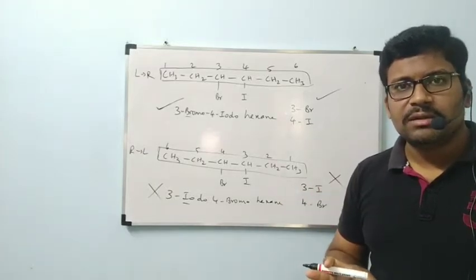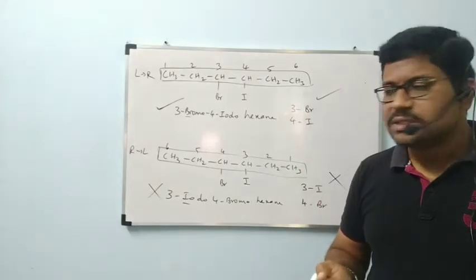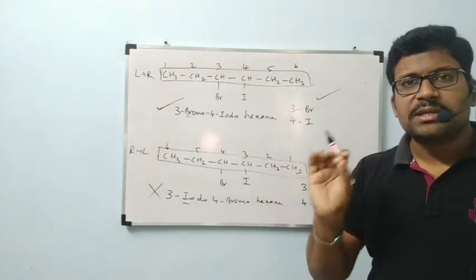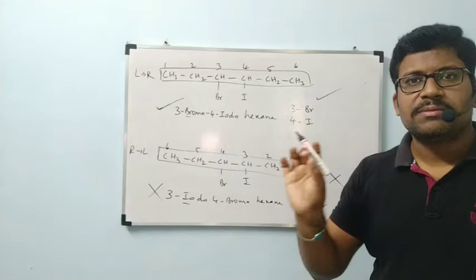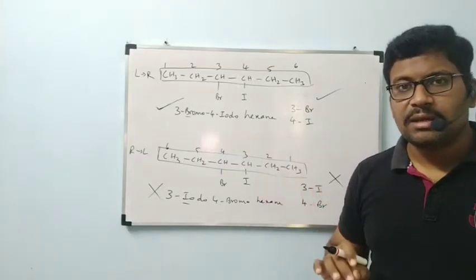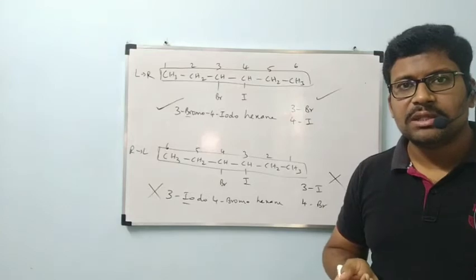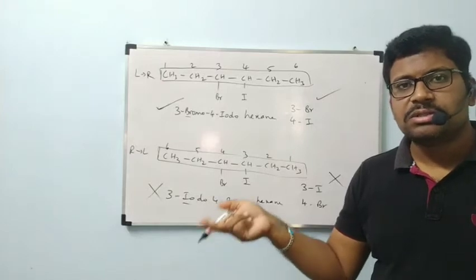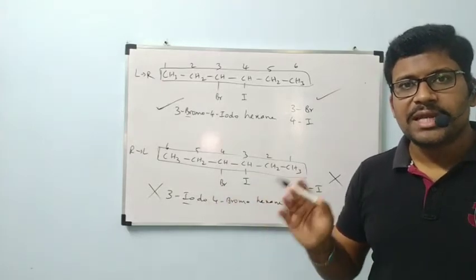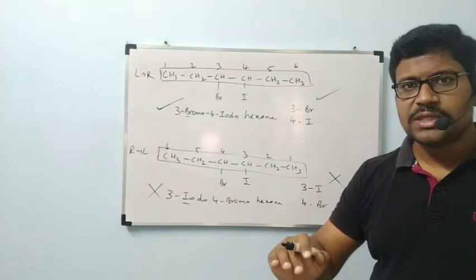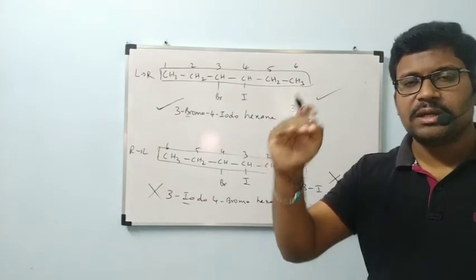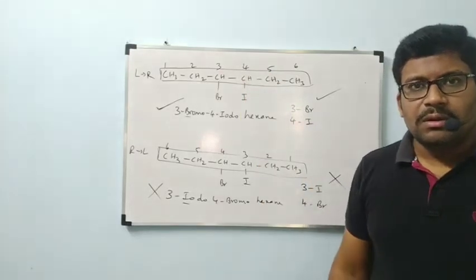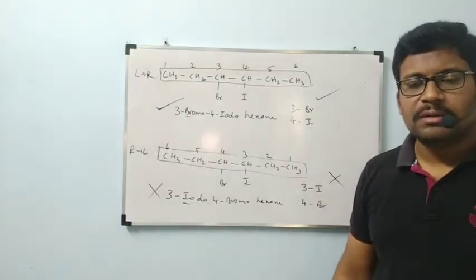Slowly I am teaching everything. Concentrate highly here because here there are no side chains or substituents alone. Among side chain and substituent, the more preferred one is the substituent, which must get the least number. But here, one more thing: two side chains at the same position or different positions. Same like that, two substituents at the same position or different positions. Like that I explained everything. First two side chains, next one side chain and one substituent, next both substituents. Now we are going to see double bond and triple bond. We will go through that. Next example.